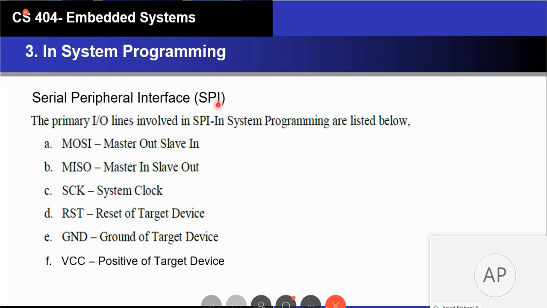The SPI protocol defines 6 primary IO lines involved in the programming process. That means if you are connecting the target device to the computer, a minimum of these 6 primary IO lines should be there to support the serial programming interface. So let us see what each line does.